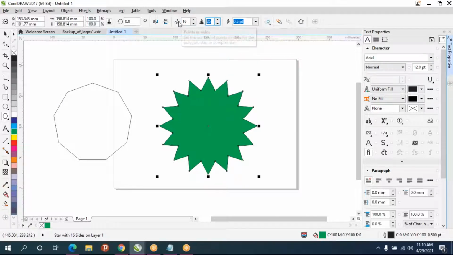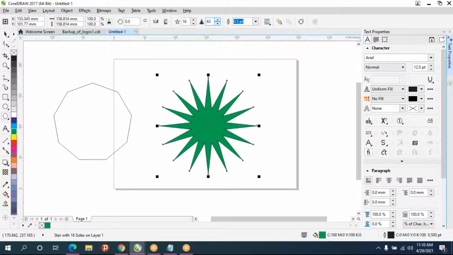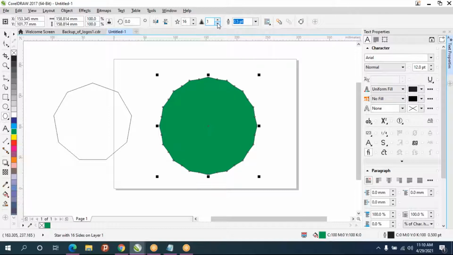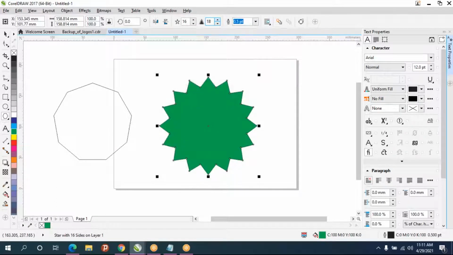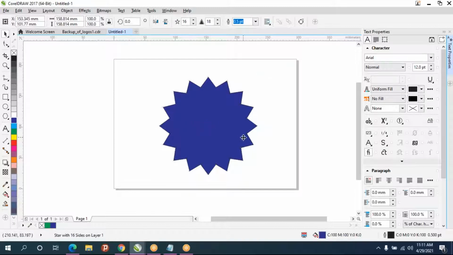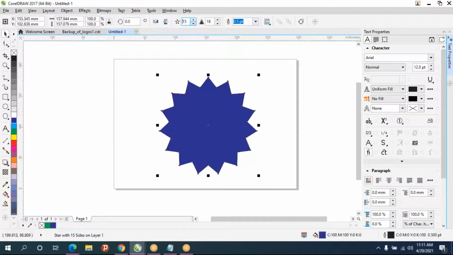So this is the number of points or sides of our star, and this is sharpness or inset. This is called the inset point, and you can increase or decrease it as much as you want. Less than 1 you can't decrease, so minimum 1 has to be there. So this is the star tool, and always you can decrease or increase the sides.